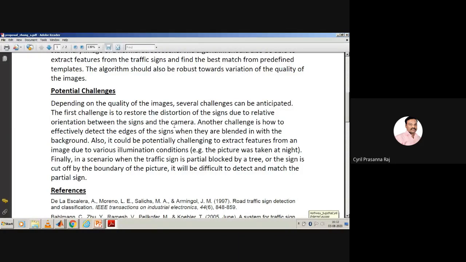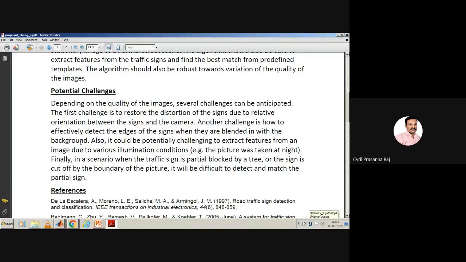Suppose you have one more vehicle, and in that vehicle the camera is located at the center of the car. In another vehicle, the camera is located at the side of the car. So it doesn't matter from which angle you capture the image, there will be multiple distortions.